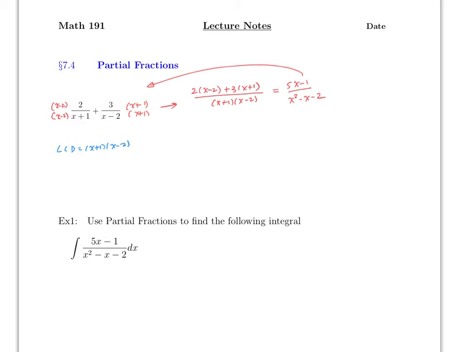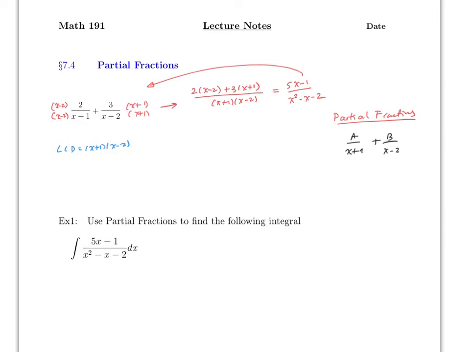And in essence, what partial fractions is going to do, and this can be pretty annoying or pretty long depending on how many factors you have, is you're going to need to find values A and B so that when you combine it, it will give you this. And obviously, if we go backwards, you will end up with A to be 2 and B to be 3. Why do we need partial fractions? Well,